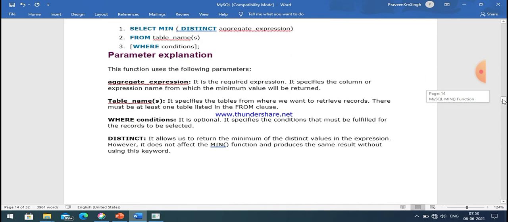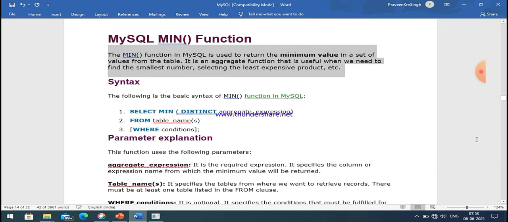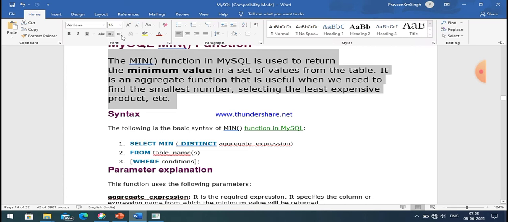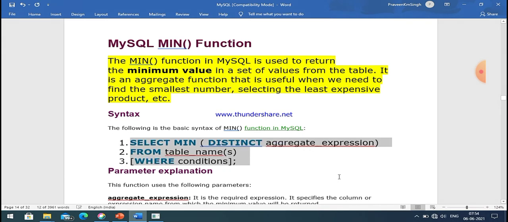If we don't mention distinct or all, then the default value is all. All means all values are allowed, whether the value is null or duplicate. And this point was already discussed in our last video. So now I think it is very clear to all of you what the role of distinct or all is, and then the aggregate expression, which is of course a column name, then from the table name, and if there is a condition, then the condition should be specified with the where clause. So that is the syntax of the min function.